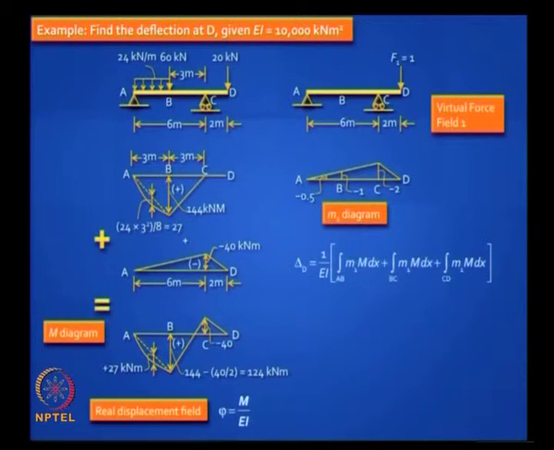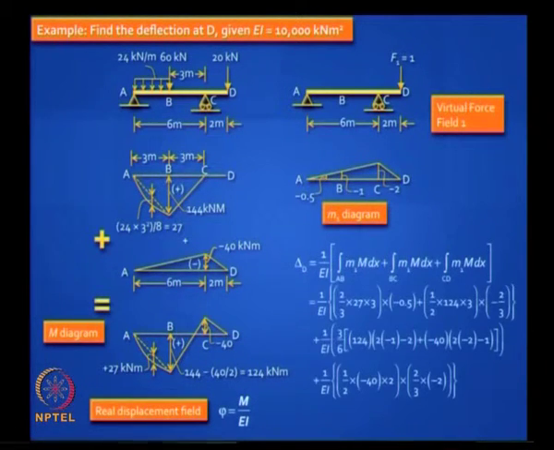It makes sense to separate out the curved part from the straight line part, and if you work this out using the formulas we derived, you will get the correct answer. But just to go through this once again, this curved part has a maximum value in the middle of 27 kilonewton meter. It is a parabola, so the area of the parabola is 2/3 that of the equivalent rectangle. This length is 3 meters, so it is 2/3 into 27 into 3, that is the area. Its centroid is at this location where the ordinate here is minus 0.5, so you multiply by minus 0.5.